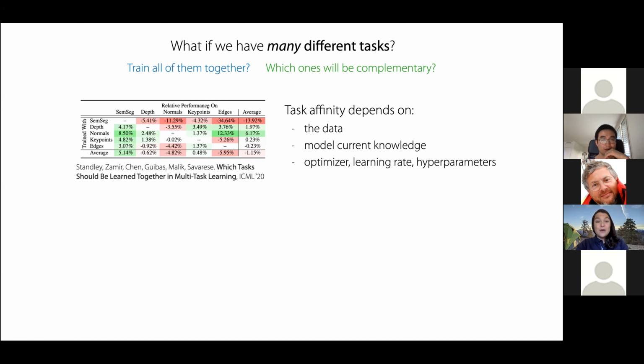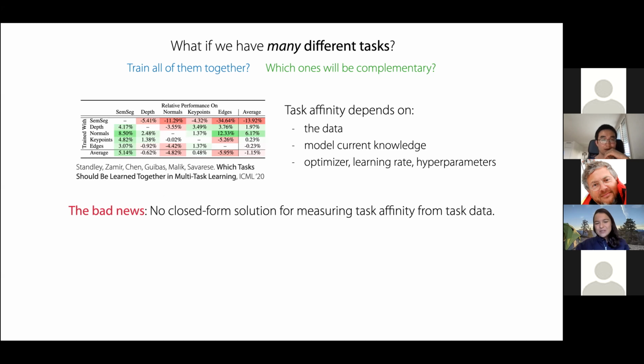And to give a sense for how difficult of a problem this is, this paper was talking about which tasks should be learned together. And one of the things that it suggested is to just exhaustively search for all combinations of tasks. And this is fairly impractical to do and computationally expensive, to essentially try to train on all pairs of tasks.